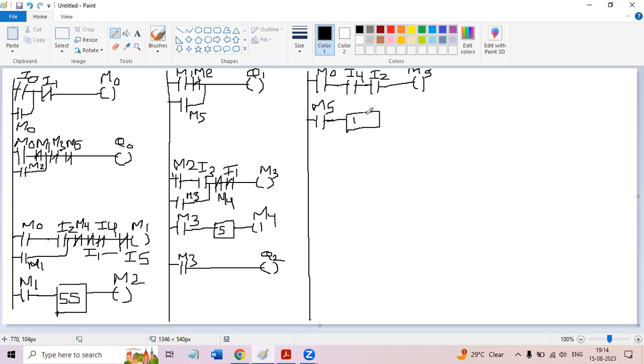It will run for 10 seconds. Then M6 will come. When M6 comes, again the conveyor should run. So that is from M6. And this should stop. Though it is not required, let us put it. If you don't put it, there is also no problem because as the conveyor will start,